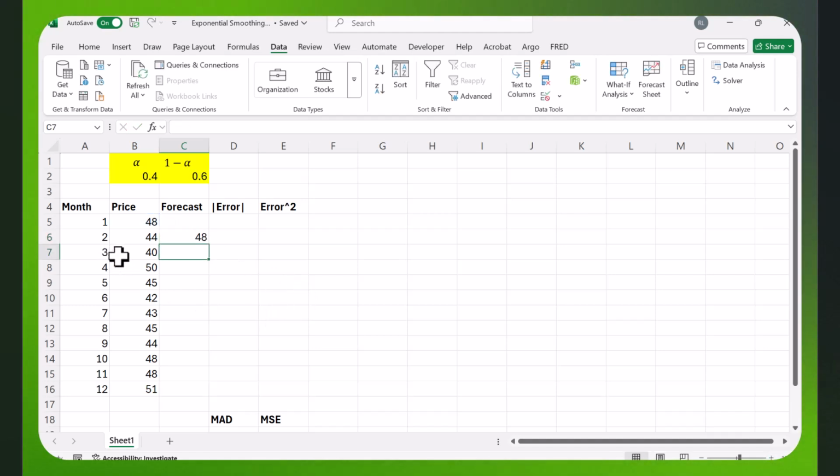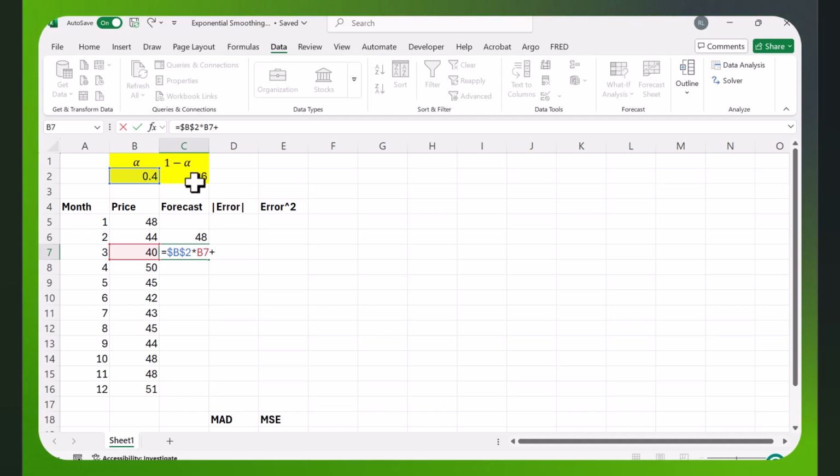So our first forecast really begins in month 3, and we'll use the formula we have, alpha, and I'm going to hit the F4 key to lock the cells, times the current observation plus